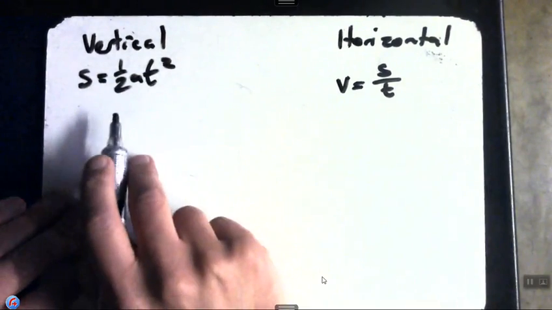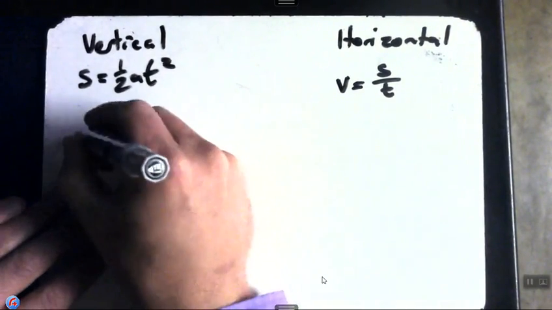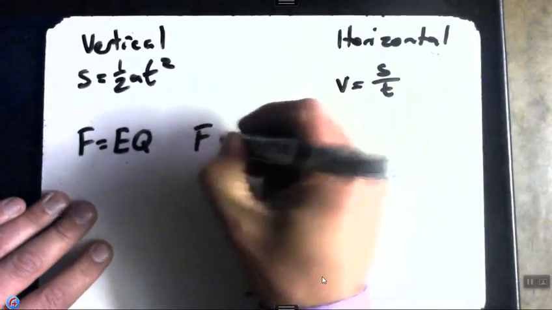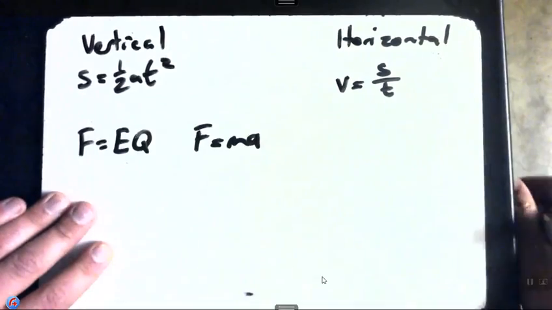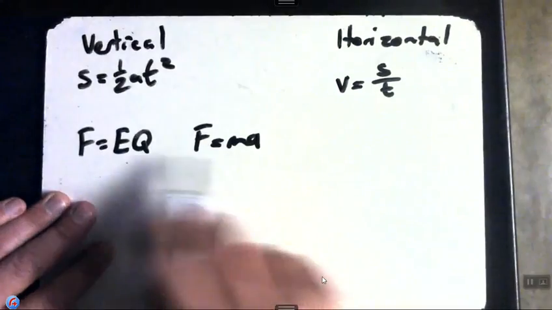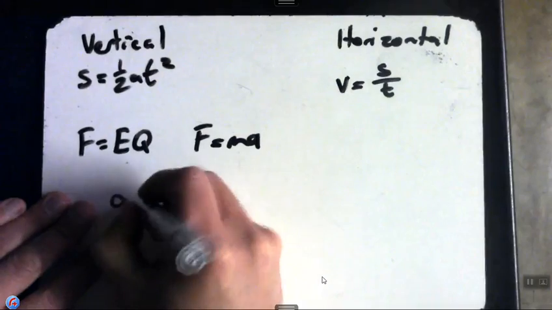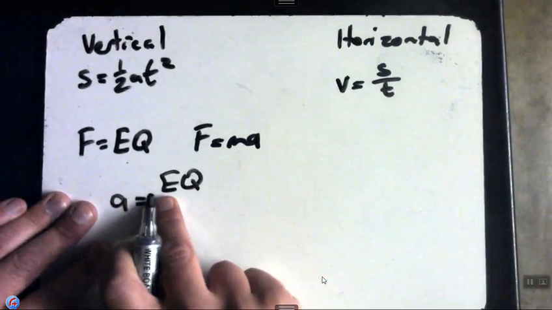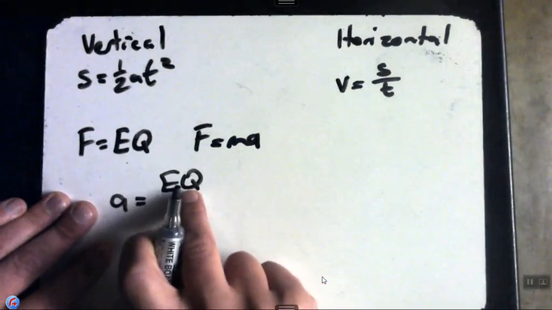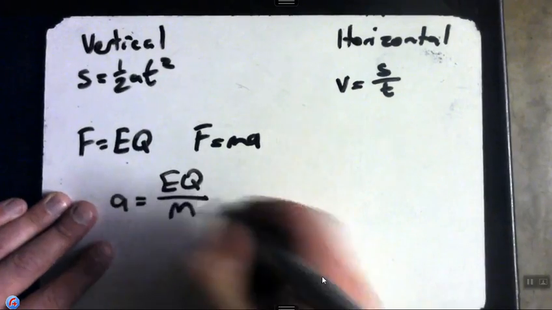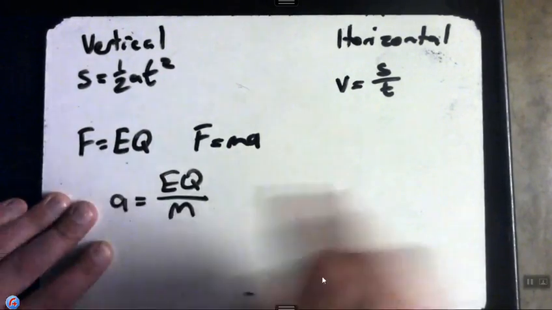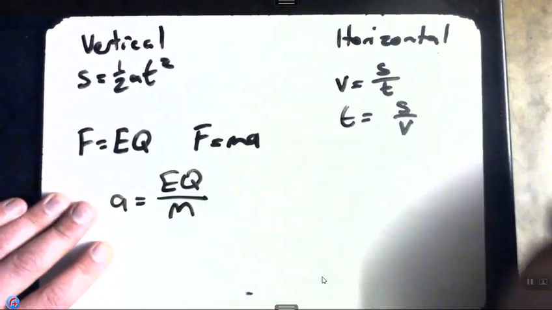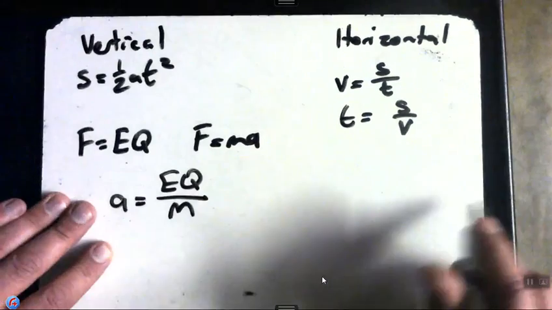If we think in terms of forces now, vertically, we know that the electrostatic force is also the force causing it to accelerate. It's the resultant force. So if we combine these two equations, we get that the acceleration is the charge of the field times the charge of the particle divided by the mass of the particle. Now, if we say t is equal to s over v, and we substitute all of that into our equation,